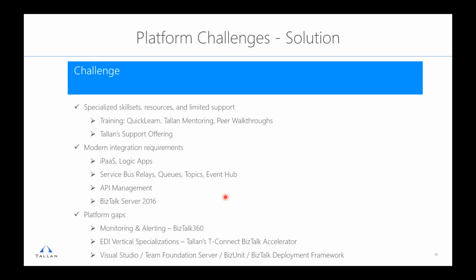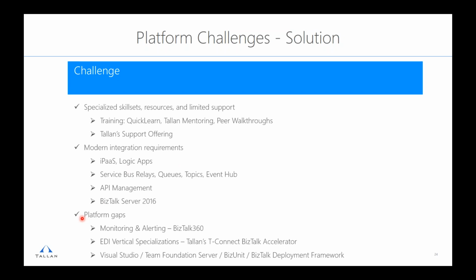Number two, modernize integration requirements. Today's Internet of Things, very siloed integration patterns. We've got to be more microservice centric. We've got to be more capable of high volume, event driven, distributed services. And so it's a different landscape than it was even 2 years ago. And I think cognitive services also is going to be very interesting in Azure services. API management, and all that combined with the capabilities of BizTalk, I think there are some real interesting architectural patterns here.